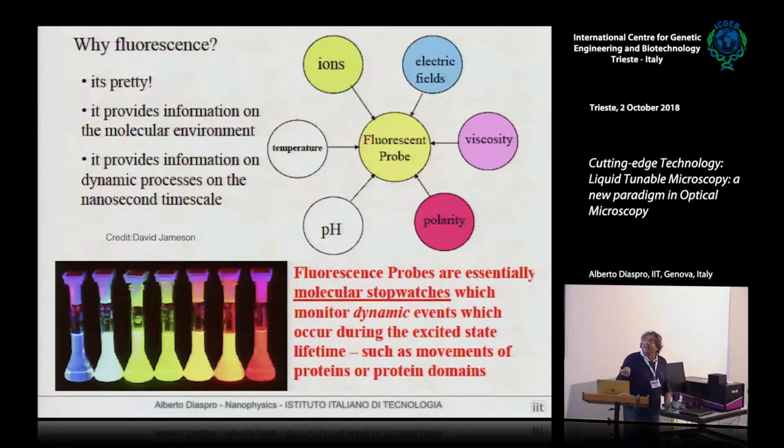There's a very good reason. But the very good reasons are in the fact that when you have a fluorescent molecule bound to someone, you can also detect some changes in the neighbors that tell you something, not only in terms of intensity. So you shine light, you get fluorescence, and you are able to locate the molecule you are interested in. But you are also able to detect information about ions around, electric fields, viscosity, polarity of the